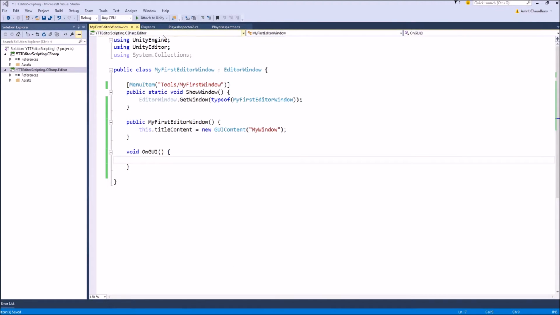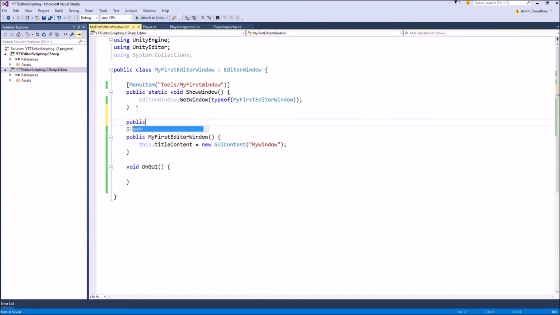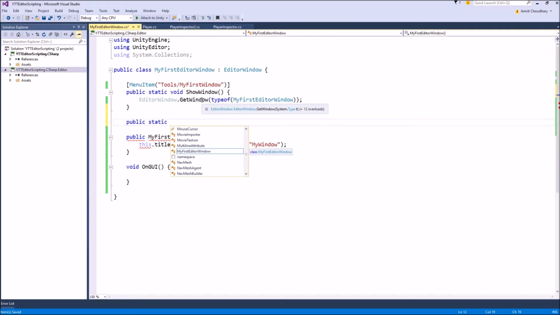We just have to make a simple modification for our window creation function. So let's make another function similar to this, since the first function just creates a window and doesn't return anything. If we were creating the window from our menu item, the menu item doesn't need a reference to the window that was created. But if we are creating windows from our custom inspector, we may want the reference to the window that was created. So what we would do is return a reference to the window that was just created.